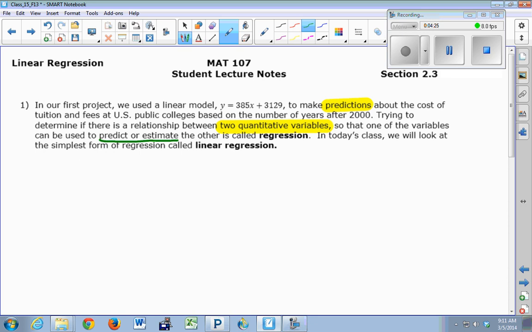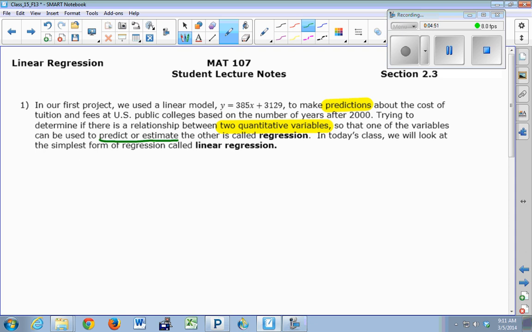So we gather data. We hope to use the data for some value. That may be to predict an outcome, or it may be to estimate an outcome. If you're within your data range, you're estimating an outcome. If you're outside of your data range, you're predicting, right? The future or the past, right? So in order to do this, we have to come up with a mathematical method so that when we